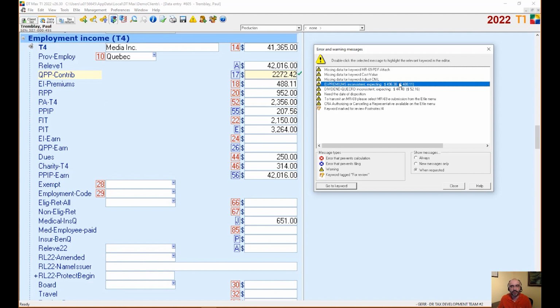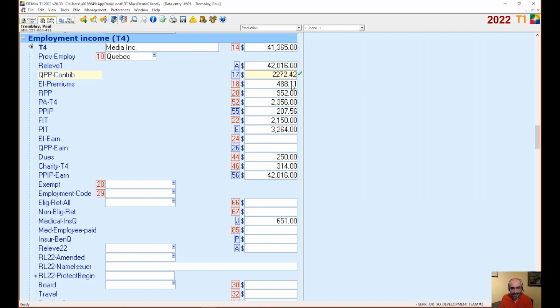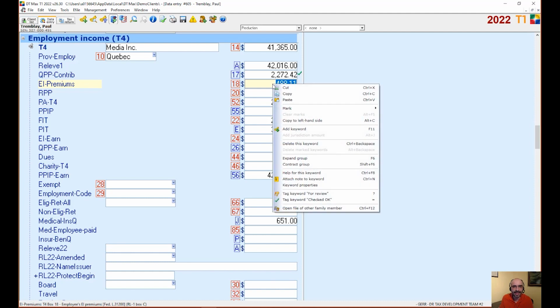So let's say EI premiums over here. So the tags, when it comes to the T4 slip, can also remove these diagnostics. So let's say, for example, you know what, the amount is erroneous, but that's what's on the T4. I can't change it. This is what the employer deducted as EI premiums. Therefore, there's nothing I can do. I can remove this diagnostic by simply right-clicking on the field and then checking tag keyword checked OK